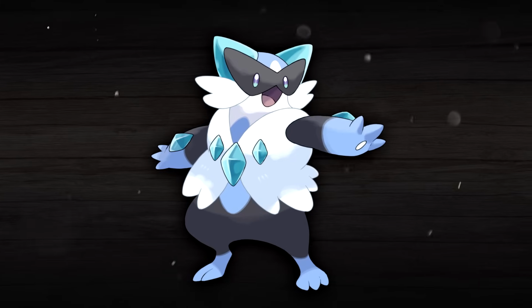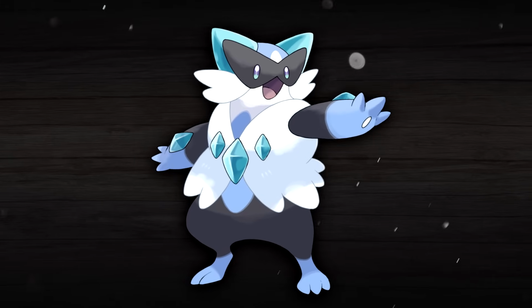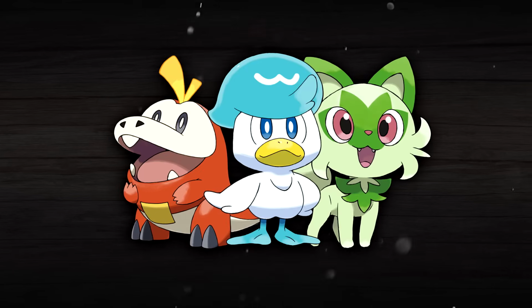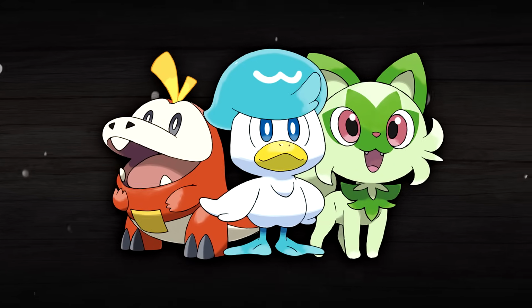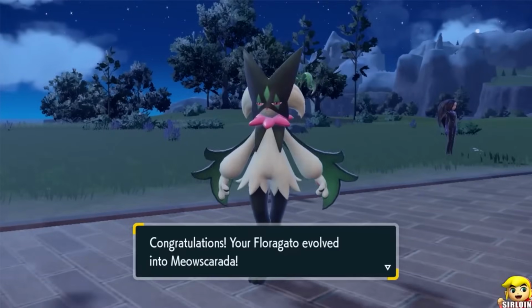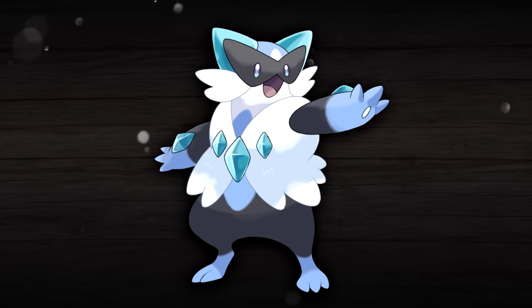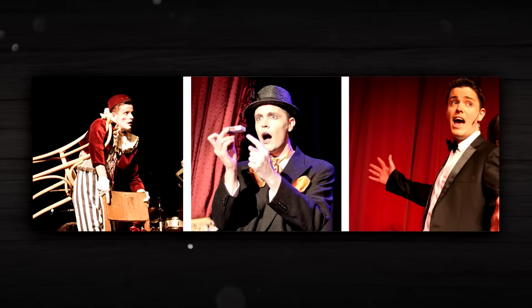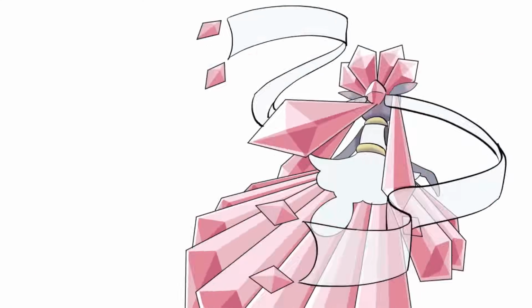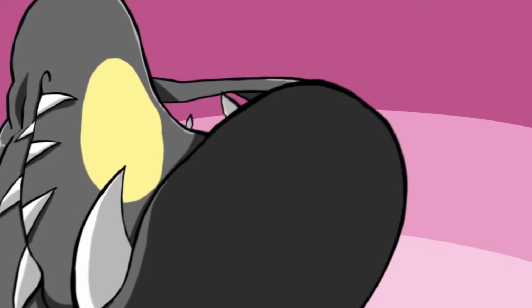The reason why I say that is because it has a theme of a theater performer. And the reason why it has this theater performer theme is because the theme of the Paldea starters is a theme of different kinds of performances. Whether you're talking about the magician in Meowscarada, the singer in Skeledirge, or the dancer in Quaquaval. So Rhodenold is an actor, specifically of the theater variety, and this is where it gets its fairy typing, because the fairy typing evokes themes of fairy tales,